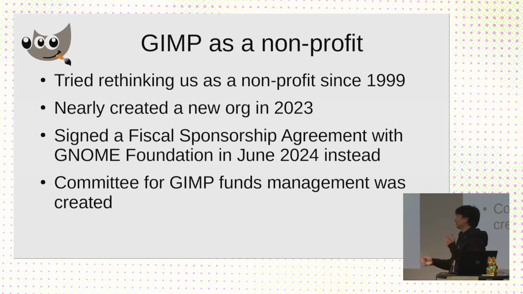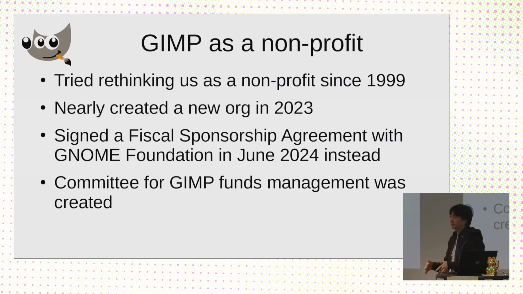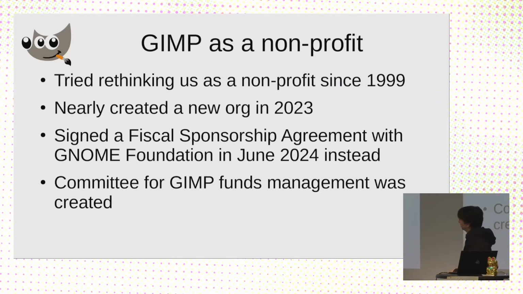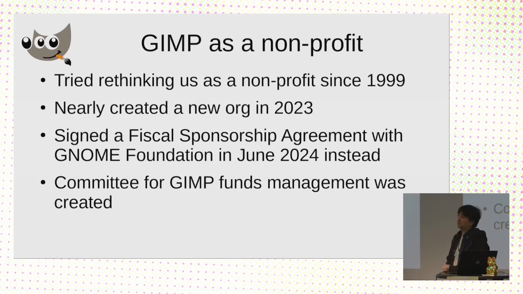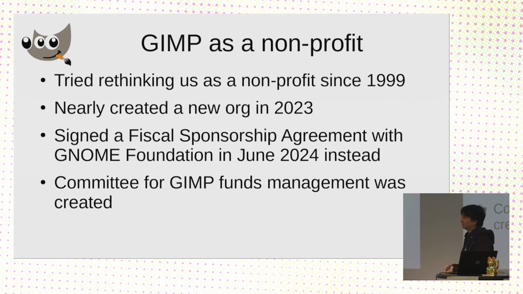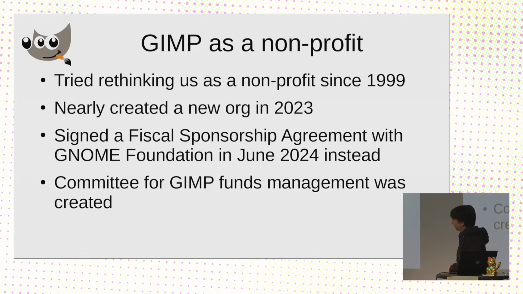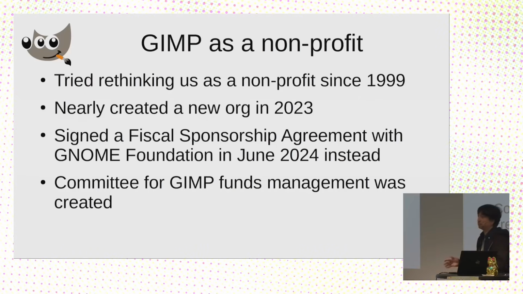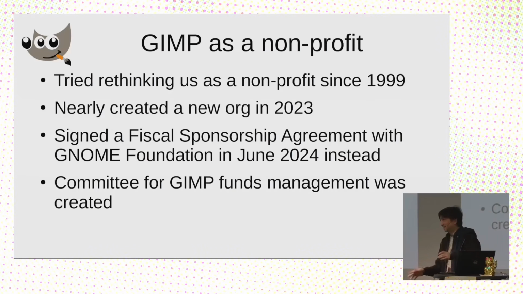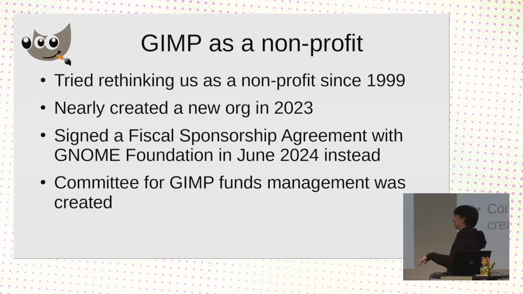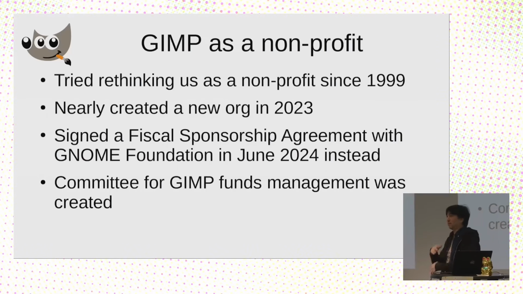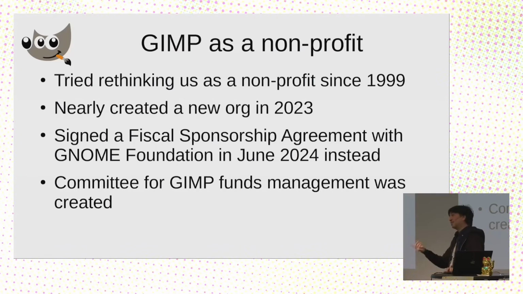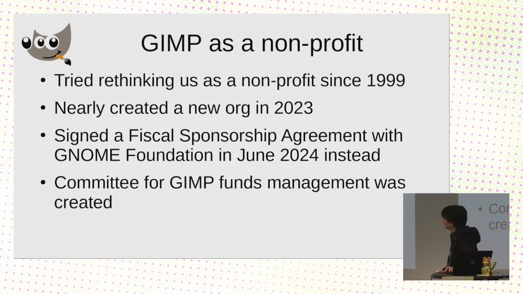So after this, we just resigned with the GNOME Foundation, which was already our umbrella foundation, but we signed a proper agreement and tried to properly organize ourselves. Until now, it was very, very chaotic, but that's also part of the charm of GIMP. So that's something we don't want to lose. As I said, community and people first. So we are trying to find this middle ground between the chaos we want to keep and the organization which would allow us to do a bit more.